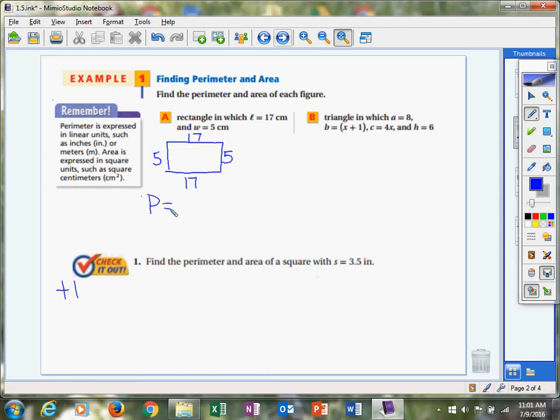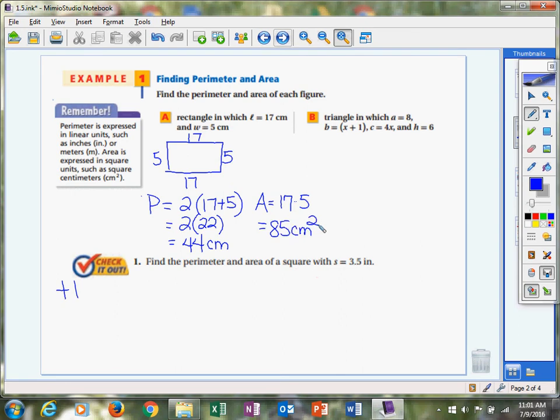Or if you want to do a little bit easier mental math, you can add the 2 sides together. The 2 sides are 17 and 5, and then double that, and you'll have a perimeter of 44 centimeters. Okay? Now to find area is really simple. You're just going to multiply 17 times 5, length times width, or base times height, and you're going to end up with